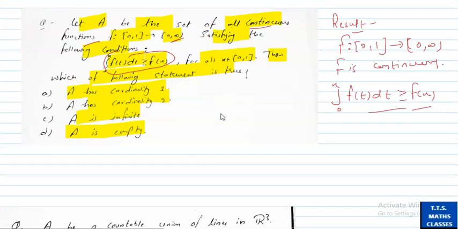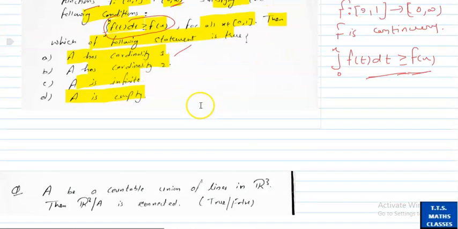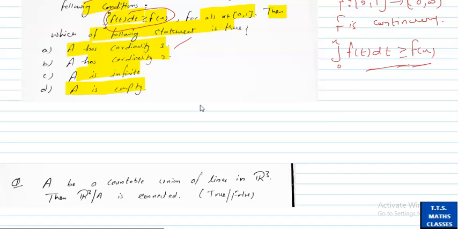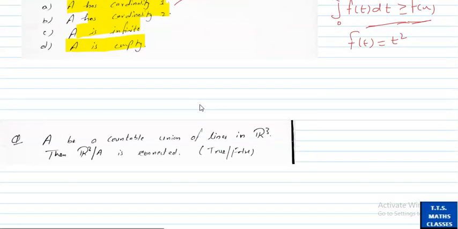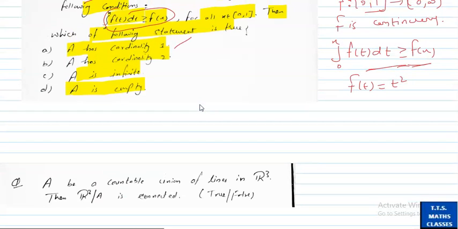Okay, so जितने फंक्शन इस कंडीशन को सेटिस्फाई करेंगे उतनी हमारी कार्डिनलिटी होगी. ओके, ठीक है. सो लेट अस टेक एनी फंक्शंस. Let us take f(t) equal to anything, like t square. Okay, so definitely it is a continuous function. If we check, does it satisfy our conditions? Okay, the domain should be [0, 1] and the range is [0, infinity). Okay, so let us check that condition.